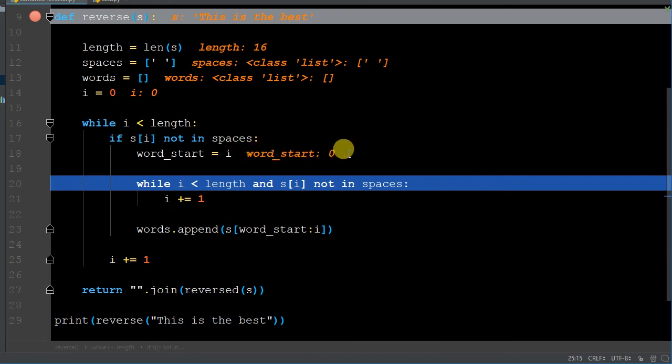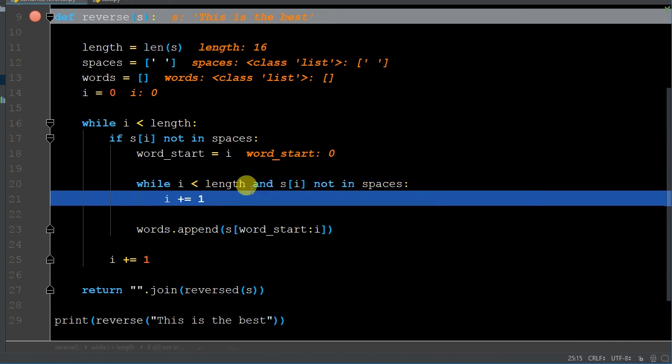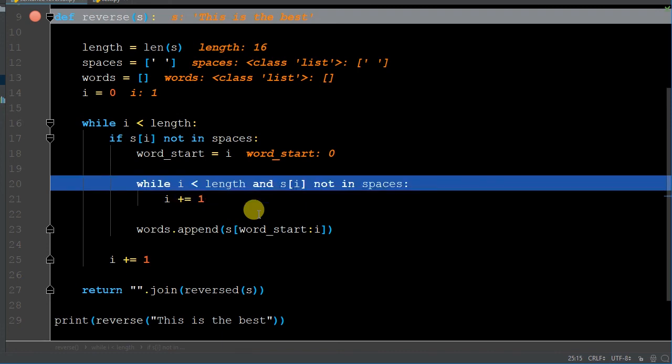Next line, while i, or 0, is less than 16 in this case, which is true. And remember, and loop both have to be true. And S[i], which is 0, which is T, not in spaces, true. So we have true and true. Then it absolutely will execute this next line in here. i equals i plus 1. So now i is going to go from 0, which it started out, now to 1. And then we're going to go to the